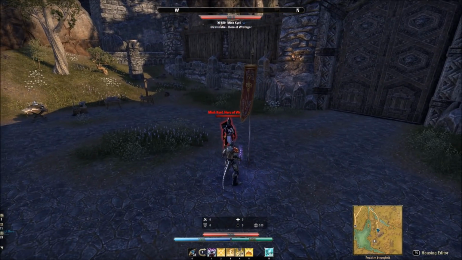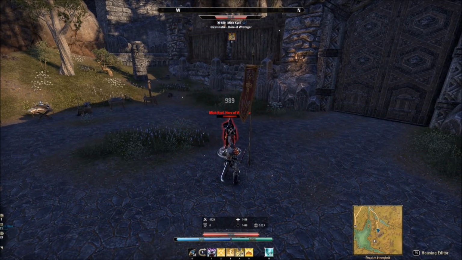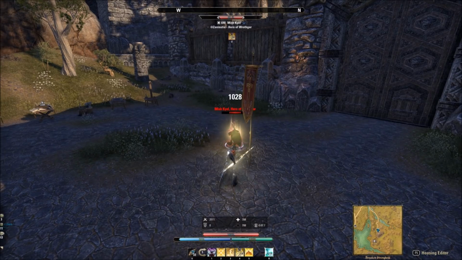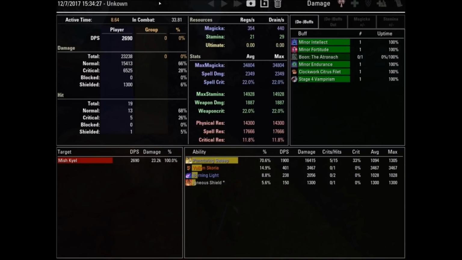First test up is going to be unbuffed, just puncturing sweeps, just to see where we get on a max crit. So no buffs whatsoever, no entropy. I'm not light attacking, I don't want to proc the weapon enchants and skew the results. So basically what we're going to look at here is simply the max stat. So 1,300 on a crit was the highest puncturing sweeps, 3467 on my Balkan Scoria, and that is using 5